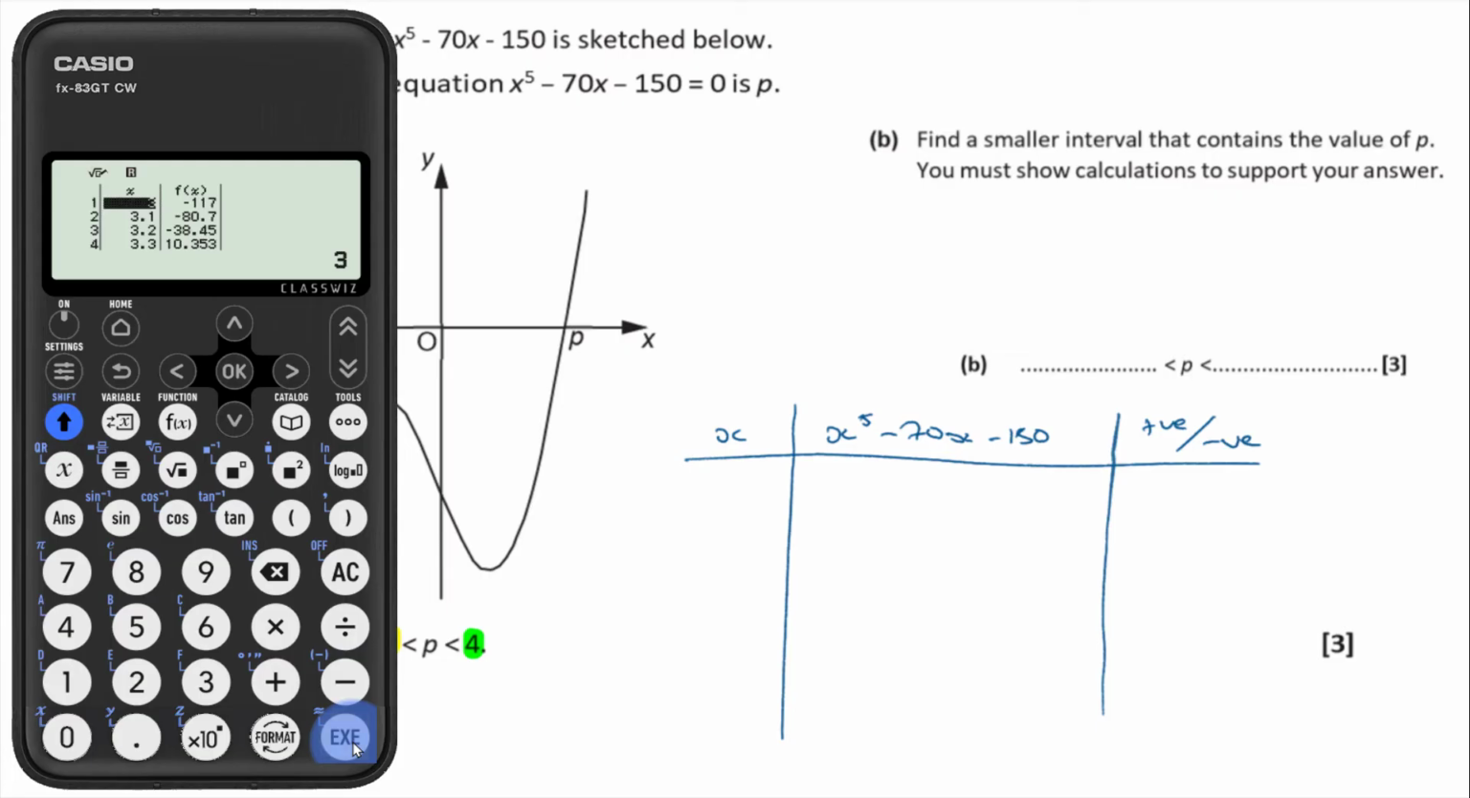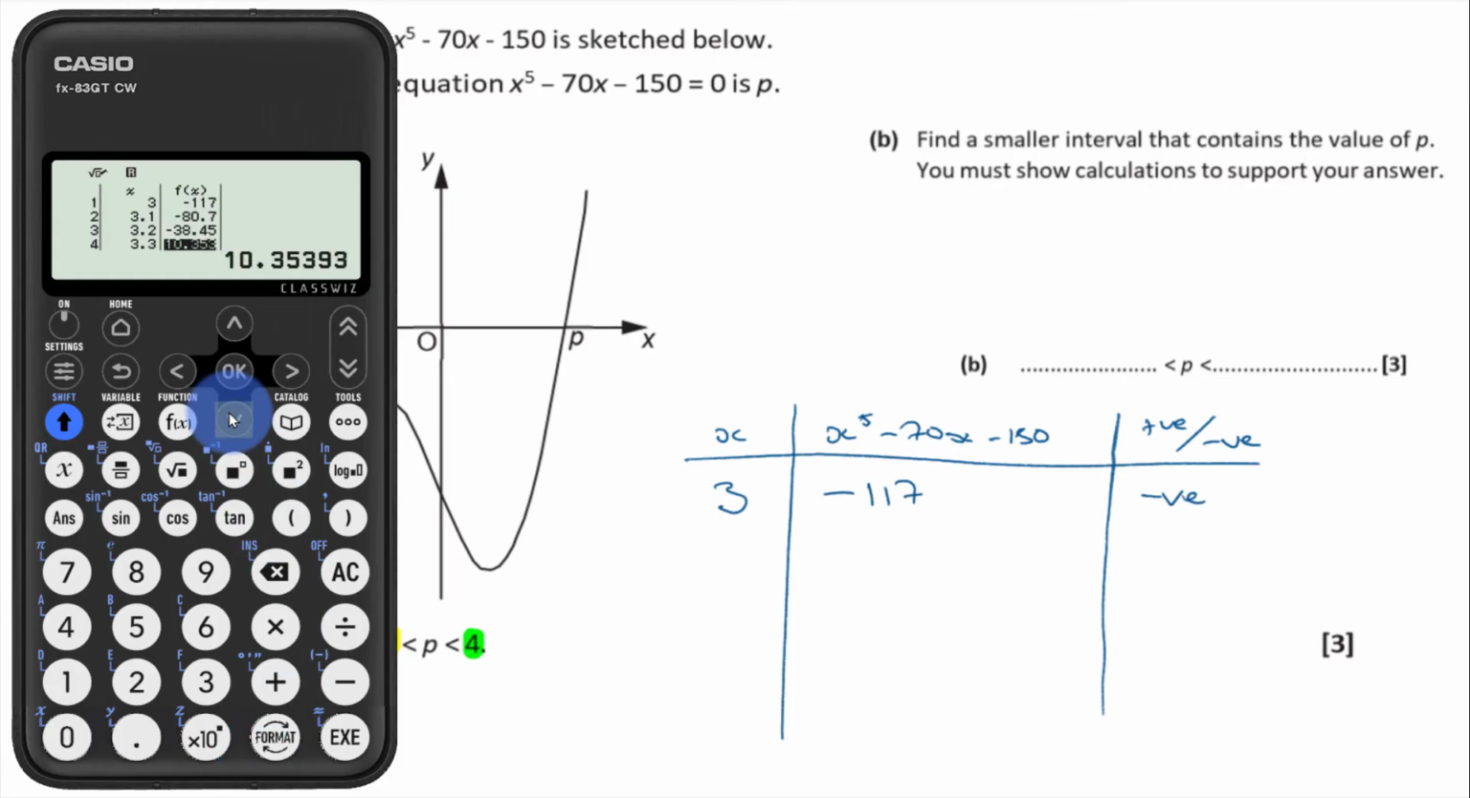So when I press enter now, I'm going to get the table appear for all the values from 3 up to 4 going in increments of 0.1 and the values that go in between. Now the first value in my table, when x is 3, I can see it's given me the solution f of x equal to minus 117. So I'm going to write that in my table. When x is equal to 3, then my f of x value is going to be minus 117, which is